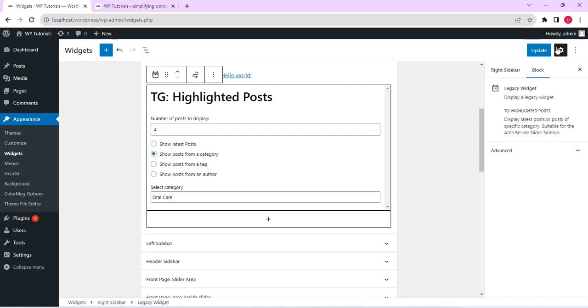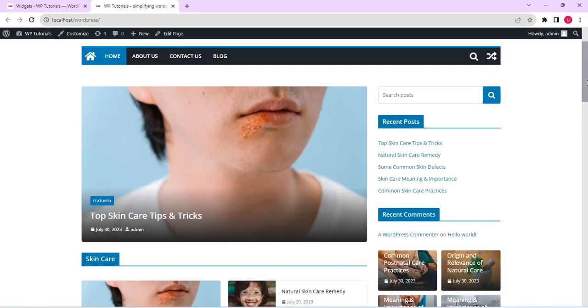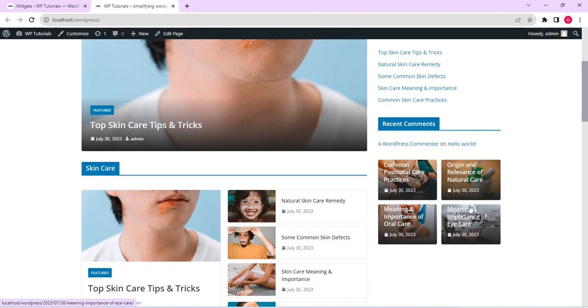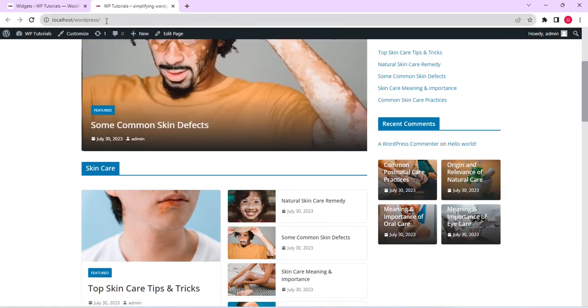So once done, click update, just as is the case when you are customizing any template. If you refresh this page, you see that particular widget is here, right here. This is the one we just activated on the right sidebar. If you go back to